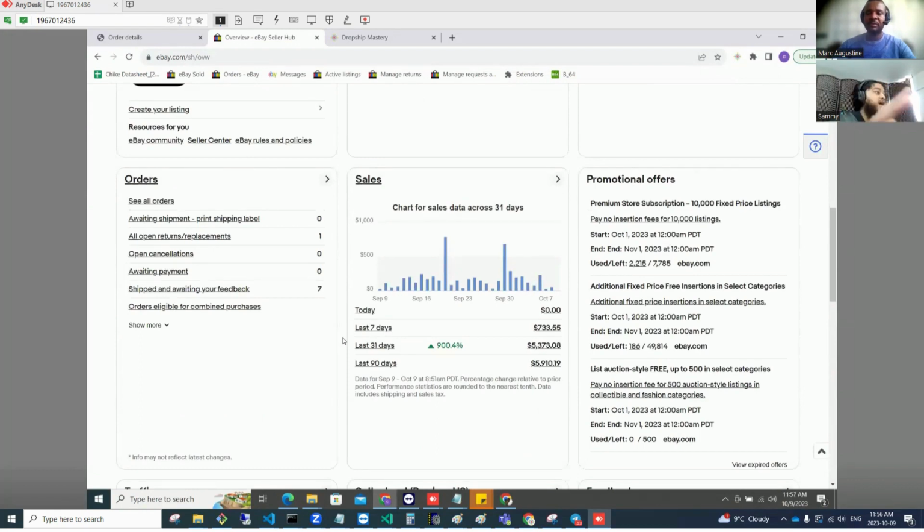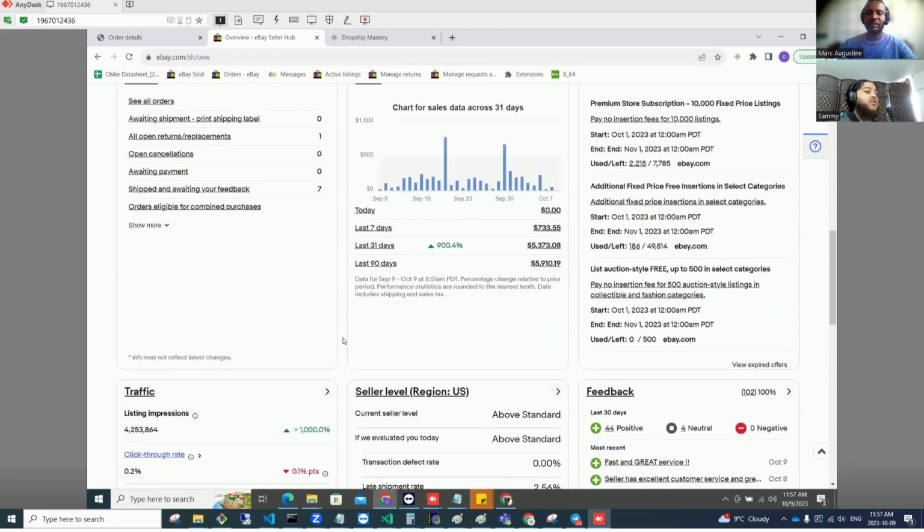Like you can have two accounts that posted 10,000 items each. One account might get $500 in sales. One account might get like $1,500 in sales. It really comes down to luck in the end of the day, right? But what you want to do to circumvent that luck is to keep